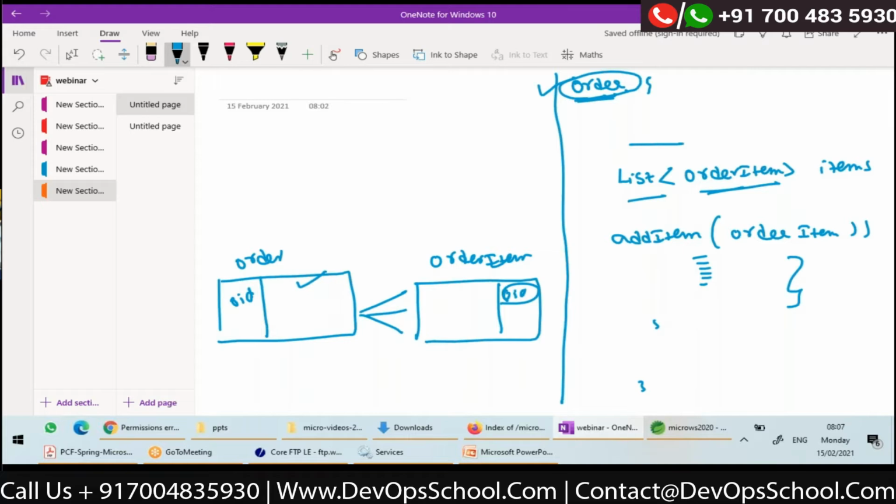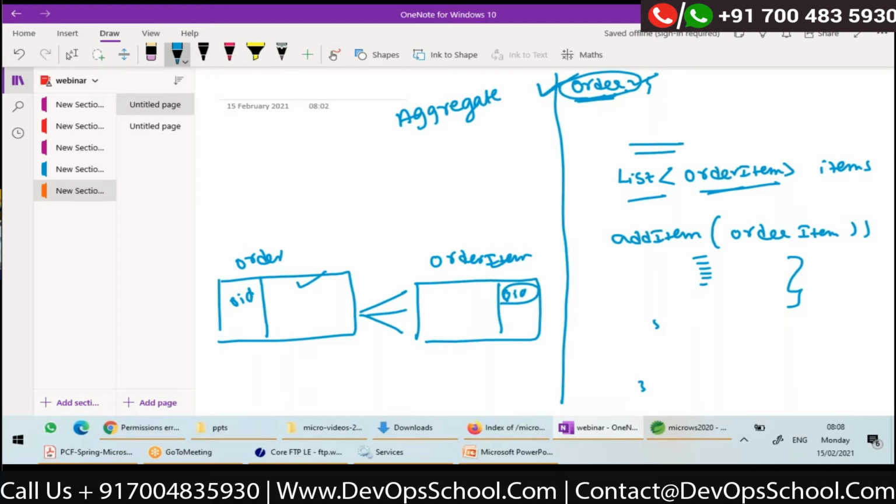Entity means a domain class which has a table in the database. So you should be able to identify one root entity in your bounded context which has references to other entities, and this root entity should be the main entity. Such a root entity we call an aggregate.